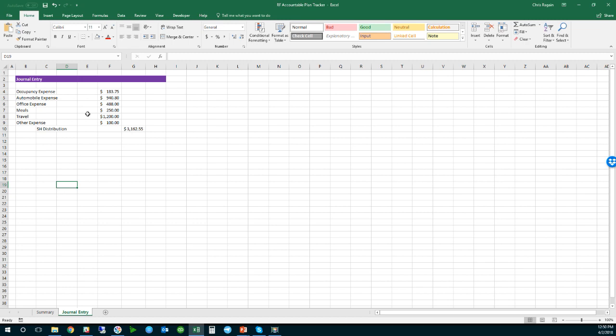Now listen, if you don't like journal entries and you don't want to make this entry until you know what this breakout is, that's fine too. Do it however you want to. That way you're not doing a journal entry. When they move the money from the bank, you're booking these different expenses, and the offset isn't distribution, the offset's cash. So that's fine.